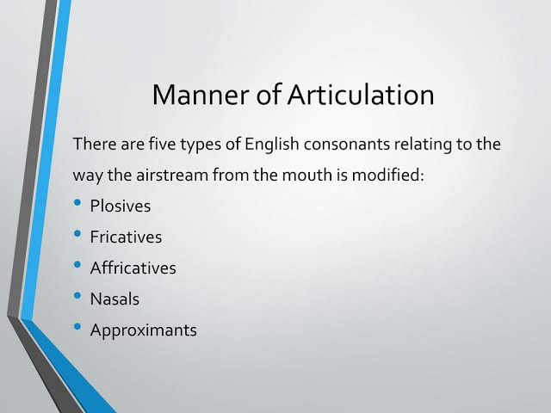As we know, different sounds are produced by moving different articulators. We learned in the last unit that place of articulation refers to the place in the vocal tract where there is the greatest constriction to airflow. However, the degree to which the air is constricted is not the same for all consonants, so place of articulation refers to the place of maximum constriction, but that maximum constriction may be more or less depending on the